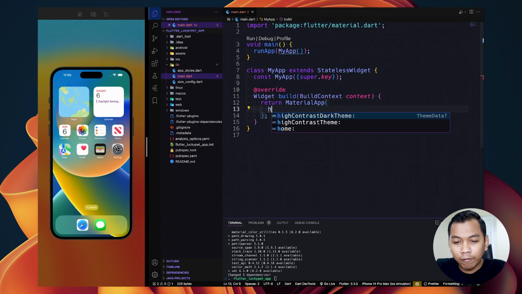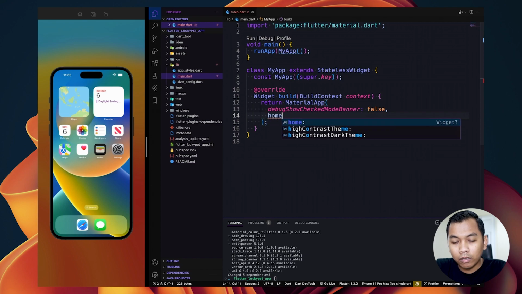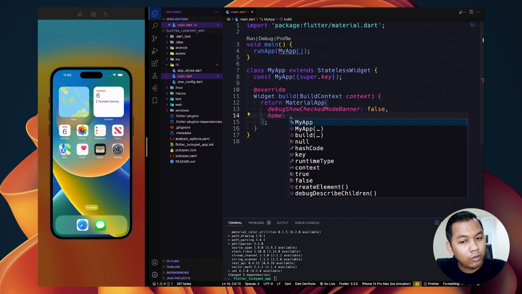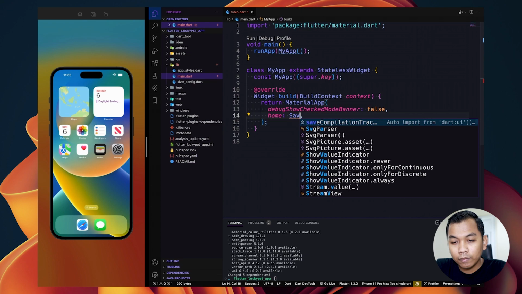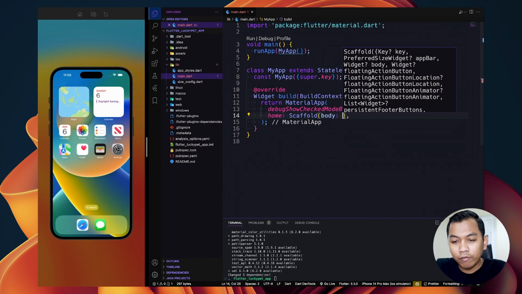MaterialApp has the parameter debugShowCheckedModeBanner, set it to false, and for the home set it to Scaffold widget, and Scaffold widget has a body.